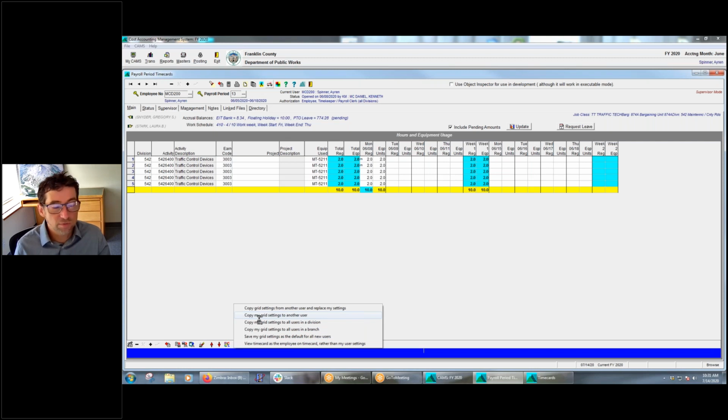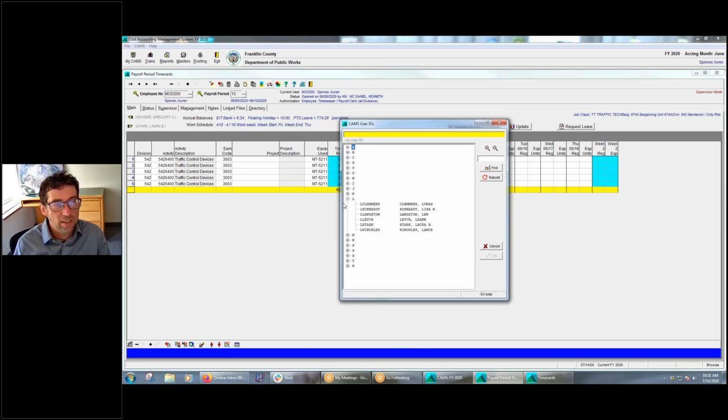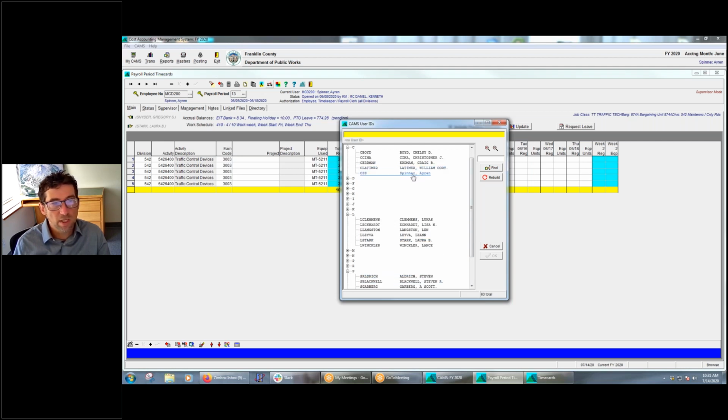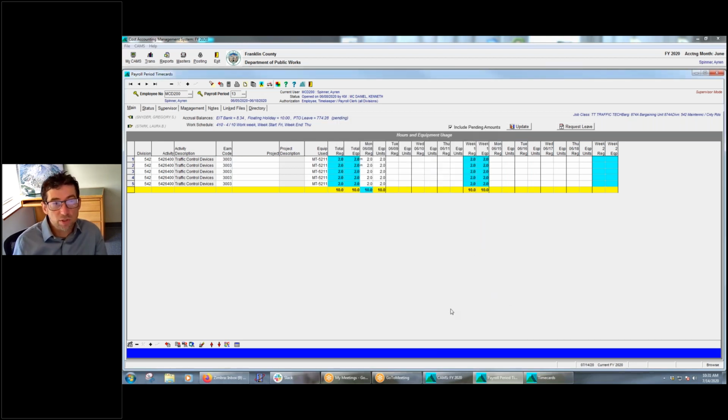So Lisa, if she was a power user and I said, I love the way your time card looks, show me all the settings, she doesn't have to send me a screenshot or walk me through all that stuff. She can just say, sure, I'll just copy my grid settings. And she goes like that, and then she goes and finds me. Here I am. So she just finds me and she can override. Now be careful with what you're doing. You don't want to just do that when somebody doesn't want it, but